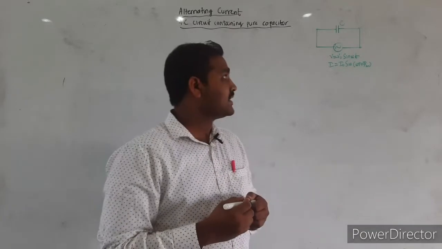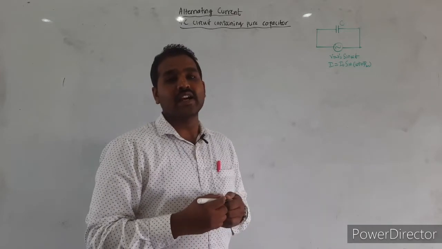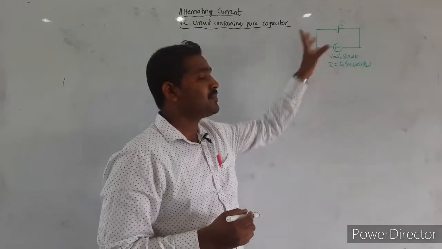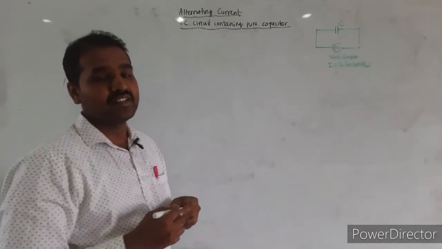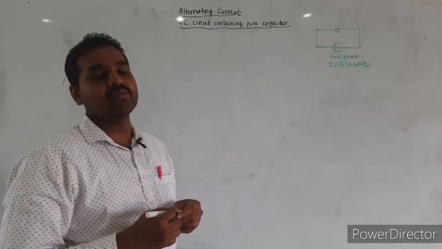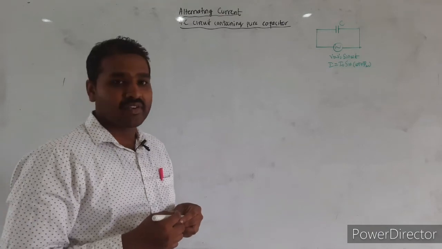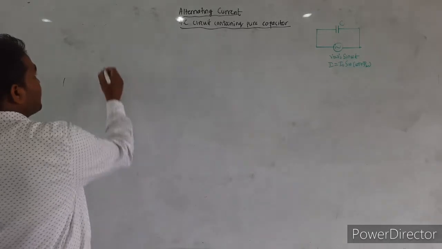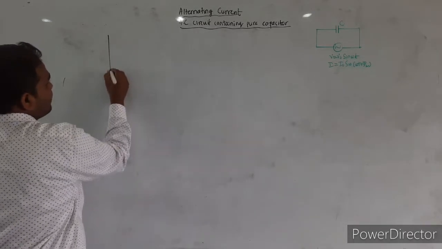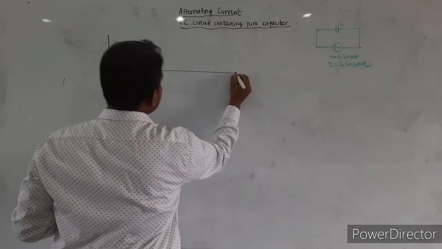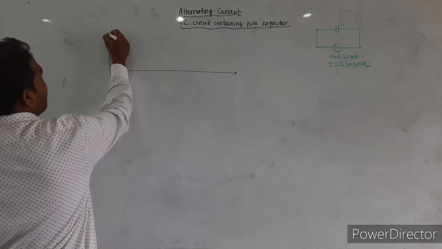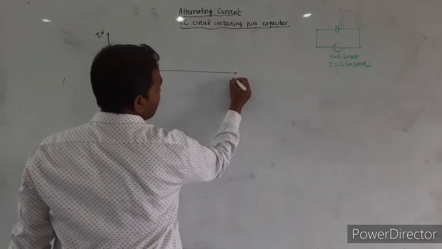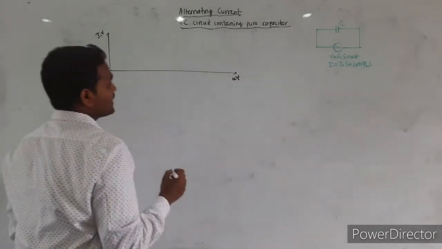Next we shall see how the alternating voltage and current vary with respect to time when a pure capacitor is connected in the circuit. Let us represent both the variations graphically as well as using phasor diagrams. For that, let me plot the voltage curve first. Along the y-axis, I will represent both current as well as voltage. Along the x-axis, let us represent the phase angle.